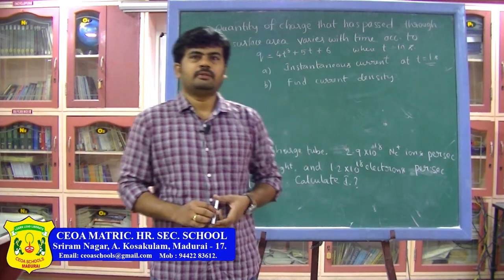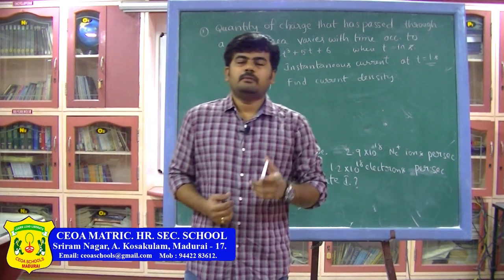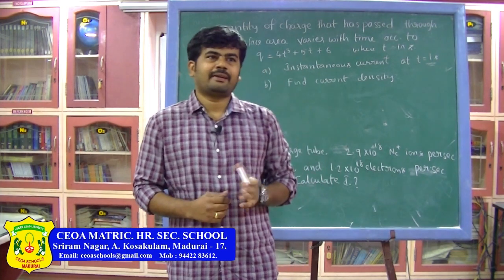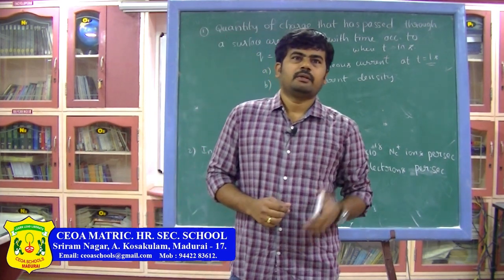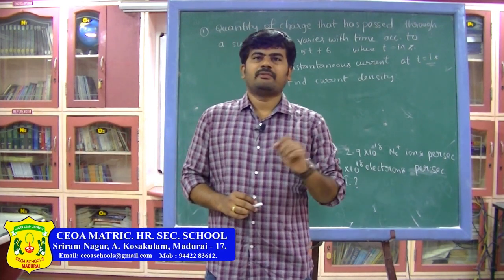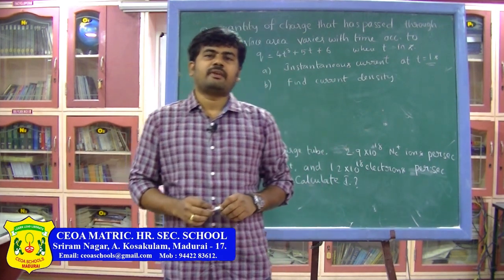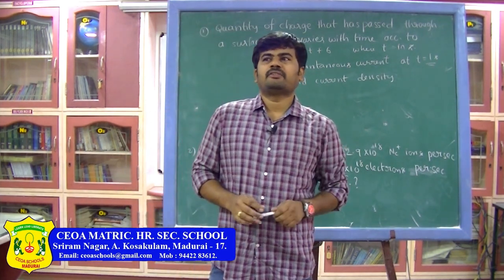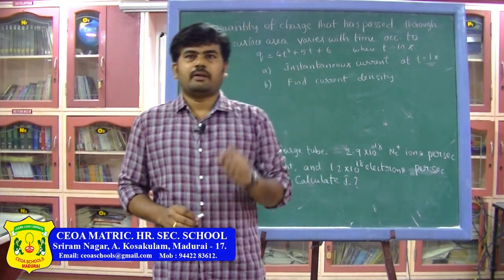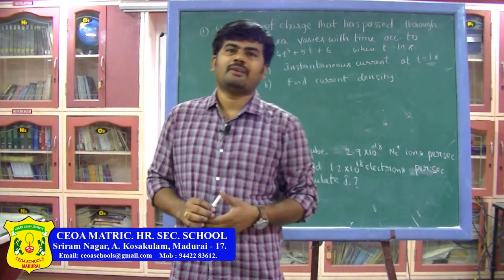Good morning students. In the last class we discussed the concept of Ohm's law and the expression for the potential and electric current relation, V = IR. More importantly, we discussed the concept of electrical resistance, the factors affecting it, and different forms of the resistance expression. I also explained resistivity and its definition, and conductivity and its definition. These are the concepts that we covered in the last class.